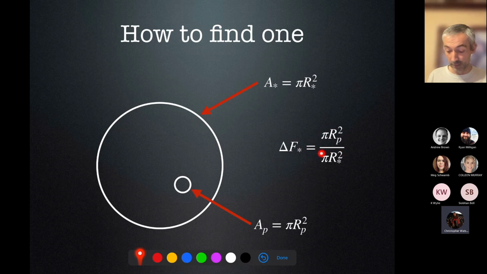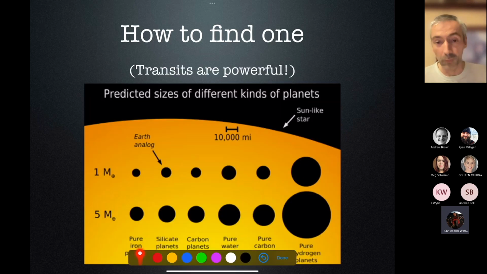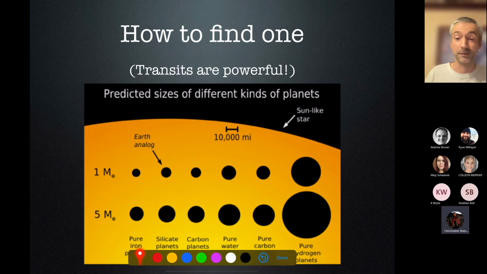We're very good at our physics, so when we look at a star we know roughly what its radius is, and that means I can also determine the planetary radius as well. Very, very simple underlying physics on this. So you can get the mass, you can get the radius of the planet, and that's really cool. If you know the radius, you know the volume of the planet, and then you can work out what its density is. And that's the really cool thing that you can do,